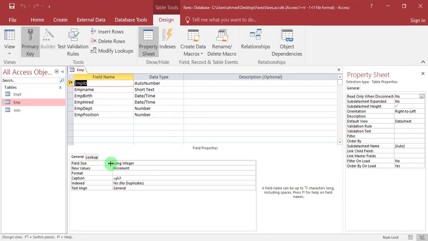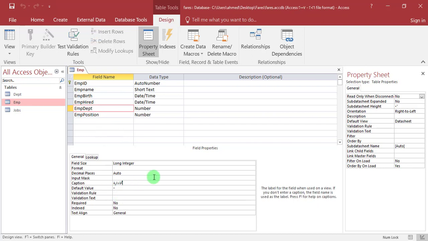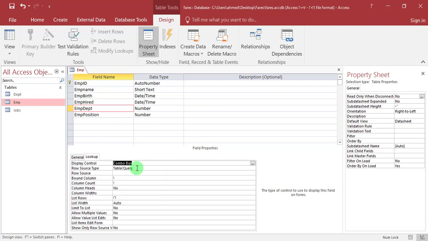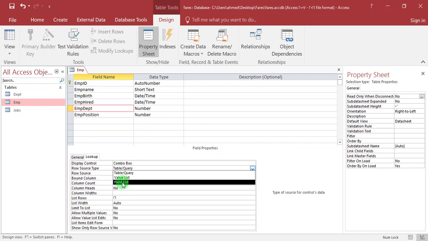Now, explaining how to make lists of IDs to help in recording. In the EMP table, at the EMP department field, Lookup, combo box, row source type, table query.